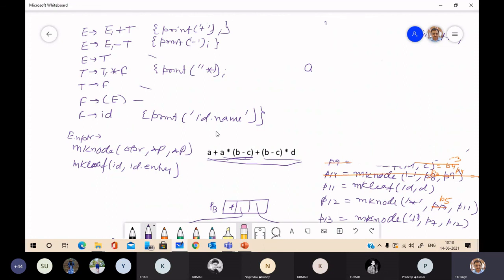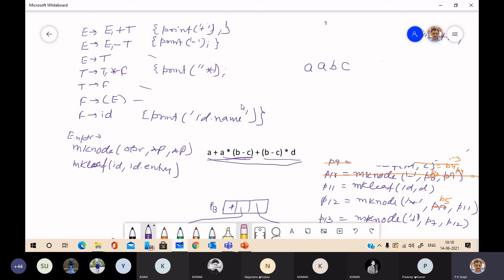Then A is shifted and reduced to F. It will print another A. Then it will shift asterisk. Then shift opening bracket. Then B. B is shifted and reduced to F. So it will print B. Then minus and followed by C.